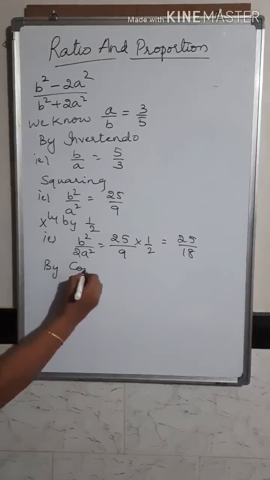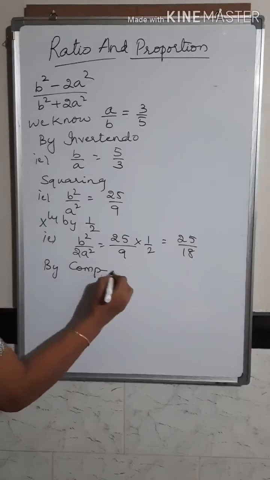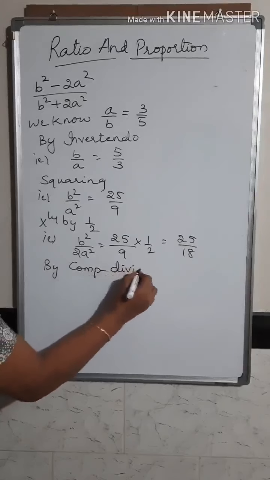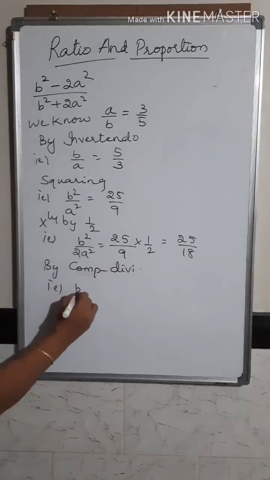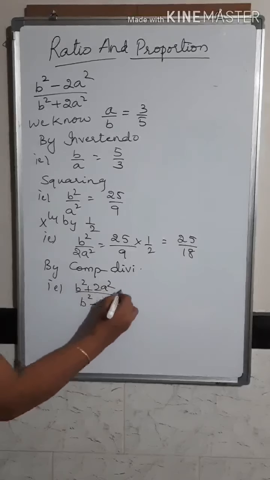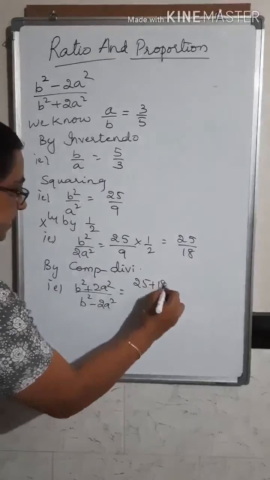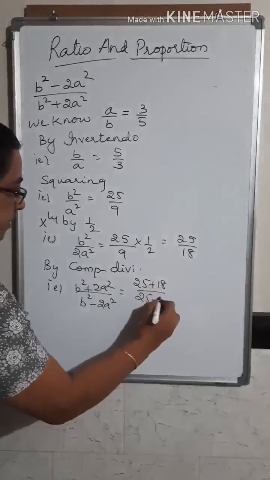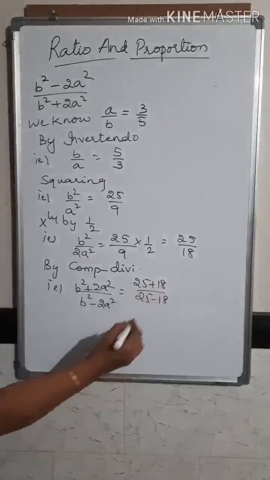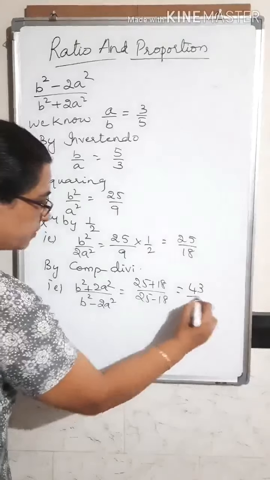By componendo dividendo, what we get? (b square plus 2a square) upon (b square minus 2a square) is equal to (25 plus 18) upon (25 minus 18). So 25 plus 18 is 43,